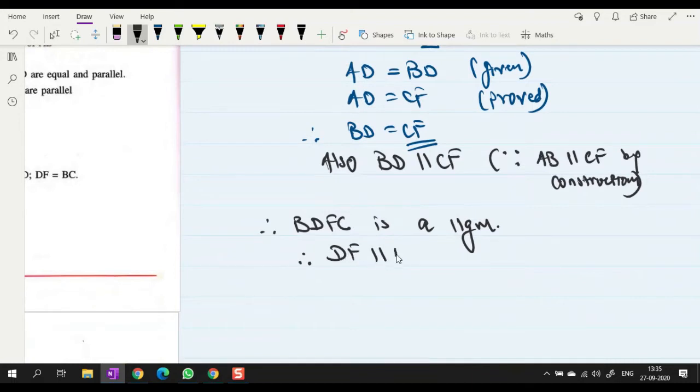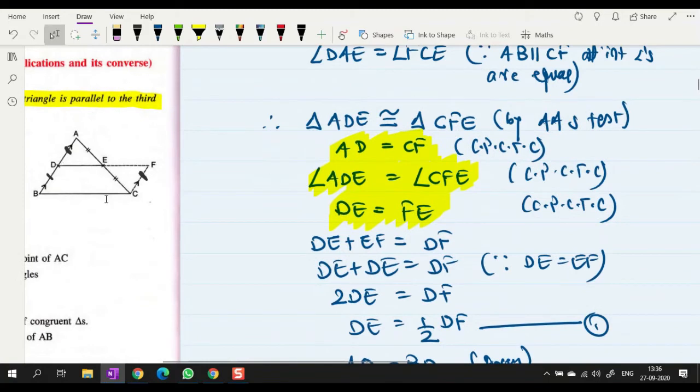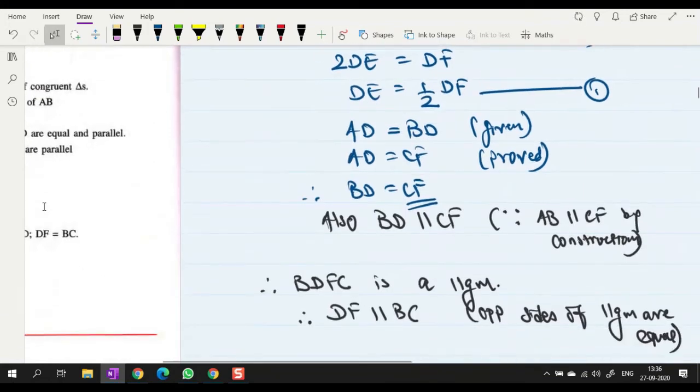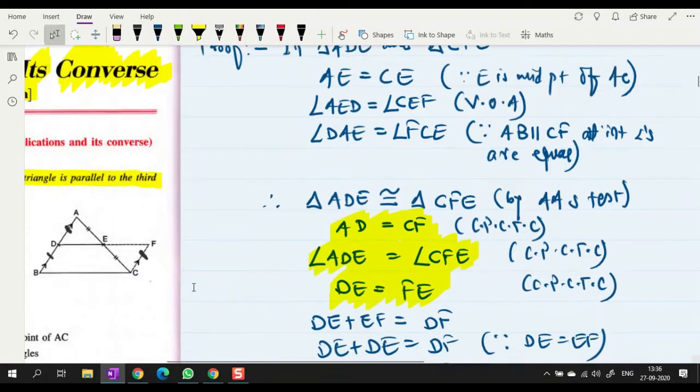DF is parallel to BC? Yes. Why? Because opposite sides of a parallelogram are equal. So DF is parallel to BC. If DF is parallel to BC, then DE is also parallel to BC. So we can say that therefore DE is parallel to BC. Okay, so that's one thing which we had to prove,